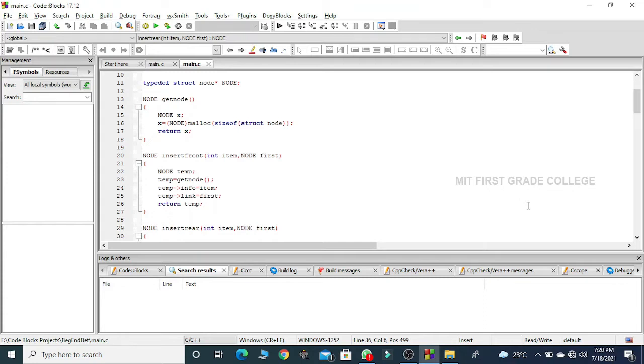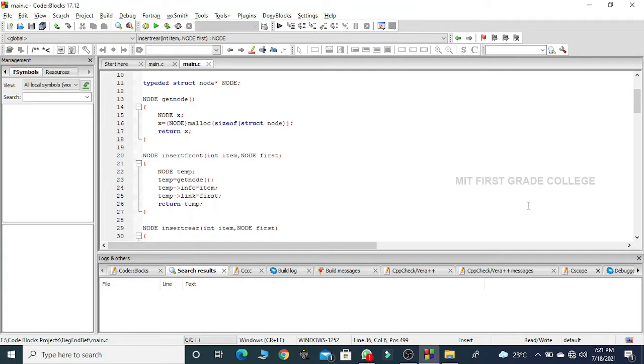For that reason, I use the sizeof function and pass struct node as an argument to that function. It returns me the size required for that structure, and I pass that size as an argument to the malloc function.